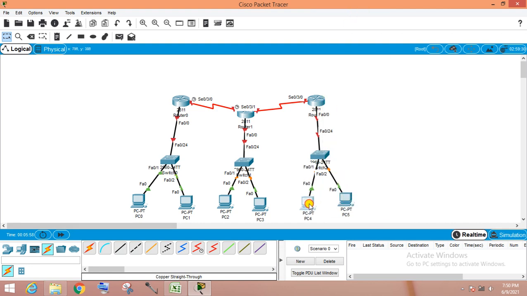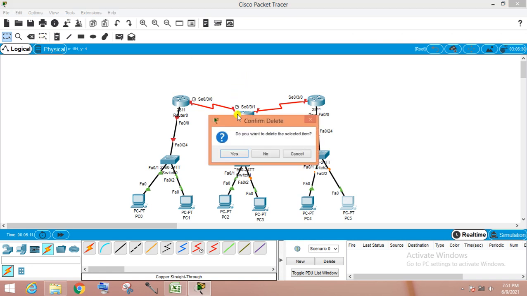Now we have connected all the cables to PCs and switches, making a general topology of 3 routers, 3 switches and 6 PCs. And what is the topic here? I'll just write it here. What are we doing?